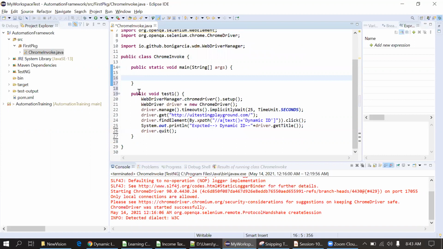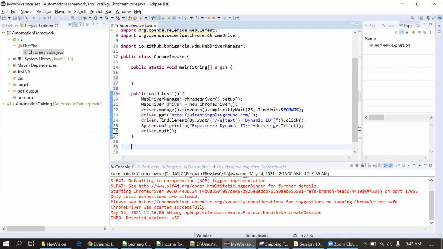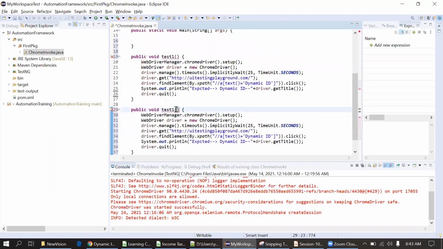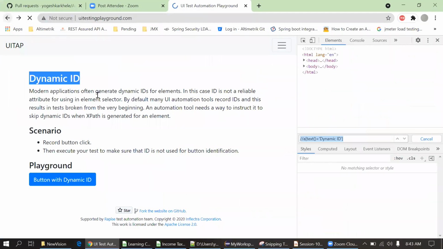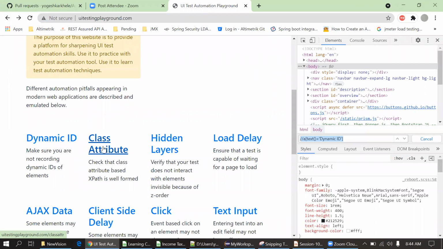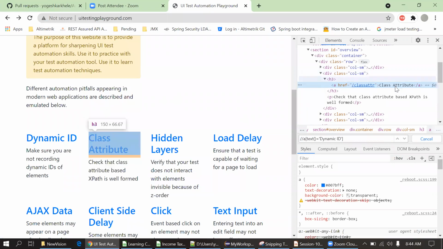Similarly, I will write a second test case. I'm copying the code again. It's test2. So till line number 33, it's the same. We have to navigate to this website, and then we have to find the second page now, which is the class attribute. So I'm again creating a locator for this. I will put this class attribute text into the locator in XPath.